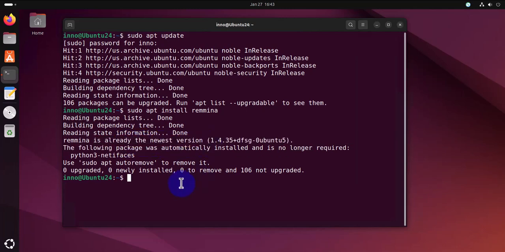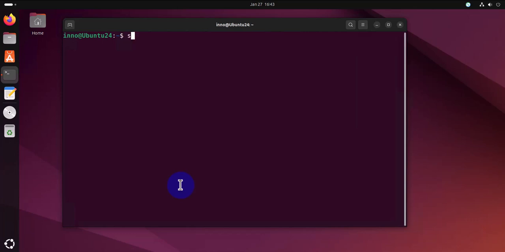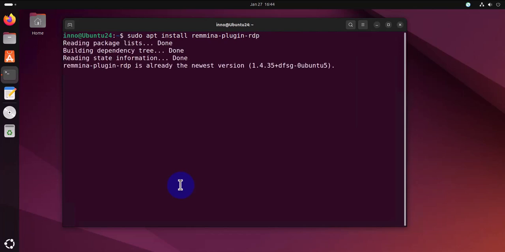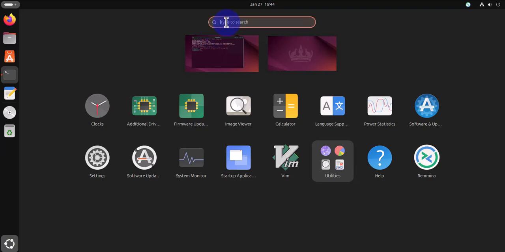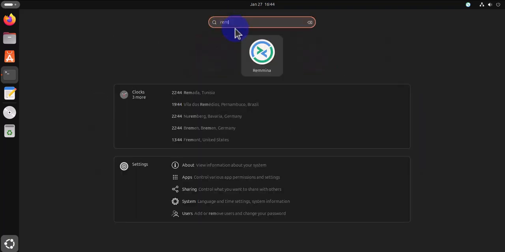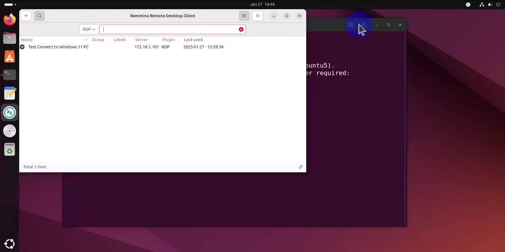The other thing you want to do is install the Remmina plugin for RDP. Now the command to do that is sudo apt install remmina-plugin-rdp. And I already have that installed as well. Once we have that installed, now we can search for Remmina. Just go to show apps and type Remmina, and this is the tool right here. Just click it to open it,